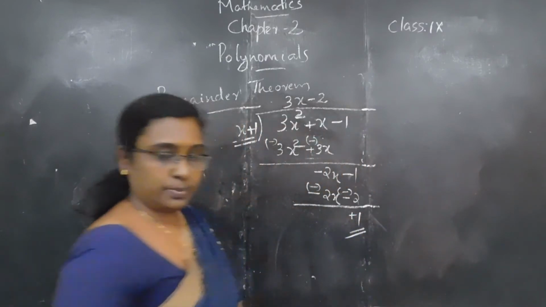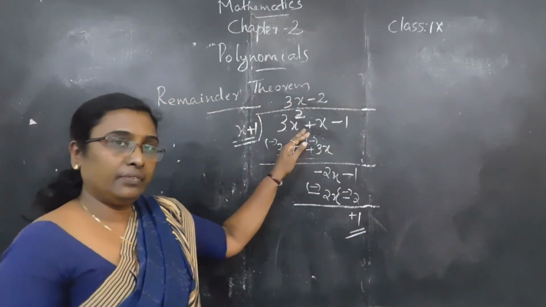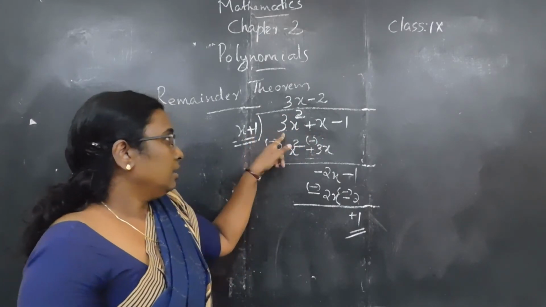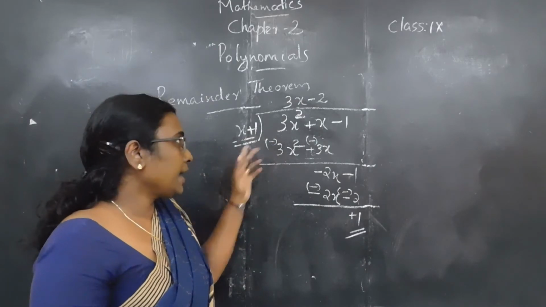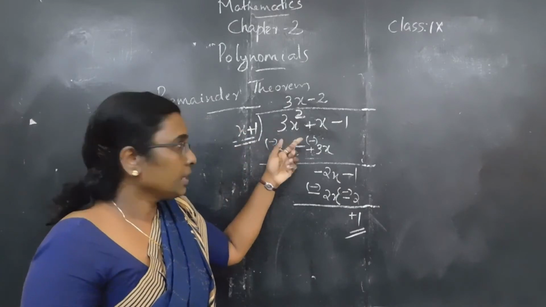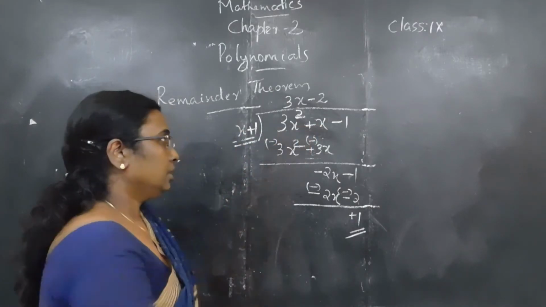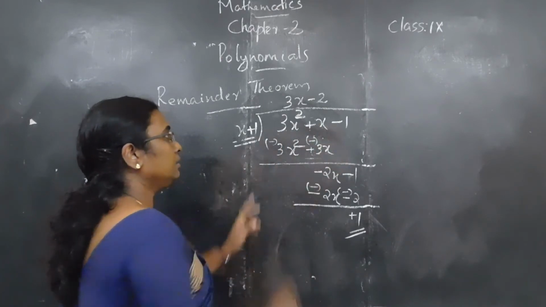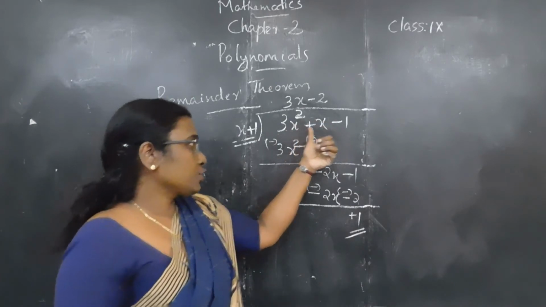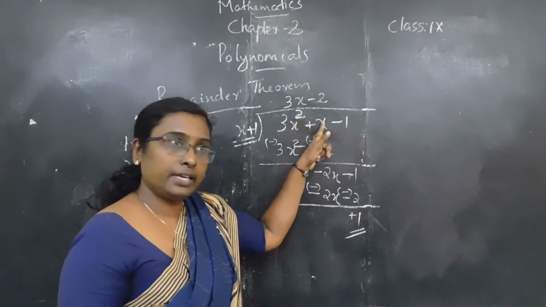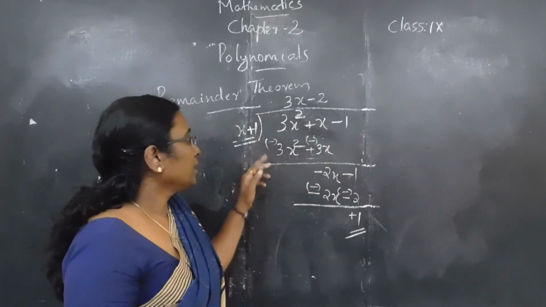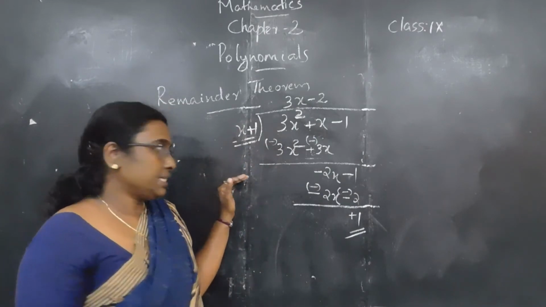Once again, I will explain this. In order to divide a polynomial by another polynomial, the first step is to write the dividend and divisor in standard form. This is a quadratic. Here we divide 3x square plus x minus 1 by x plus 1. Here the dividend is 3x square plus x minus 1. This is in standard form. Here the divisor is x plus 1. This is also in standard form. This is the first step. The second step is